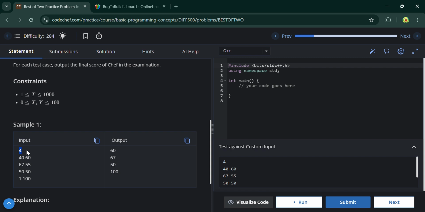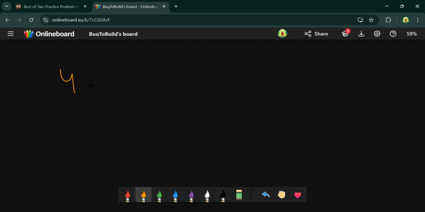The number of test cases is 4, and you just have to check which one is greater, and the number which is greater, you just have to return it. And if the numbers are equal in the first and second attempt, then you just have to return only the number that is common. So let's take an example. There are given 40 and 60, and also given 67 and 55,